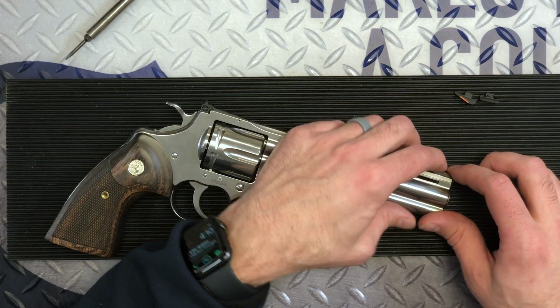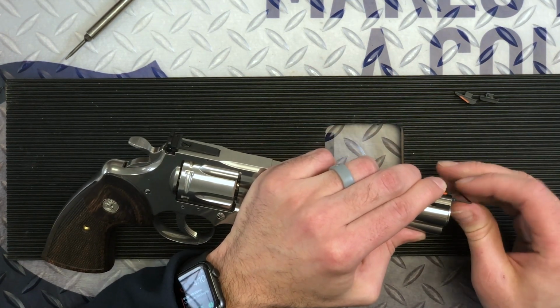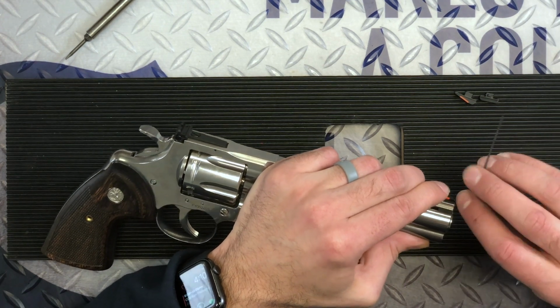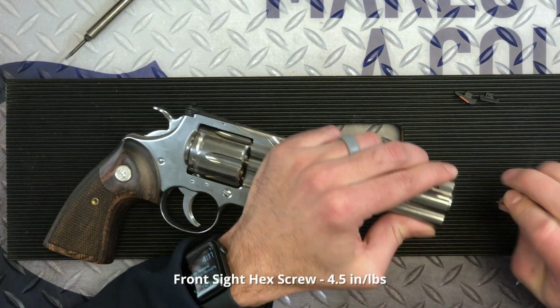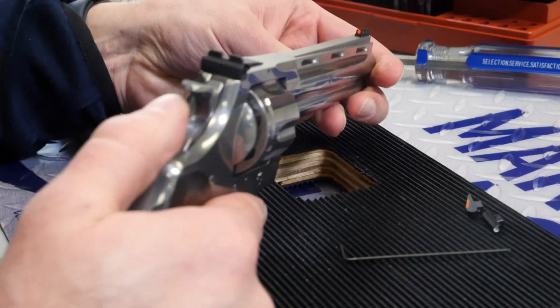They all install with a 50 thousandths hex set screw at the muzzle, and we do recommend just a dab of blue Loctite on the set screw when you install it. The torque spec on the set screw is only 4.5 inch-pounds. And also, depending on the configuration of the front sight, you may find that changing the sight requires